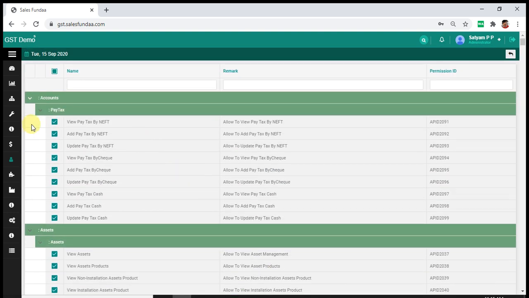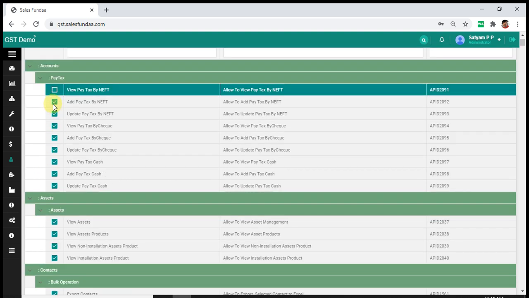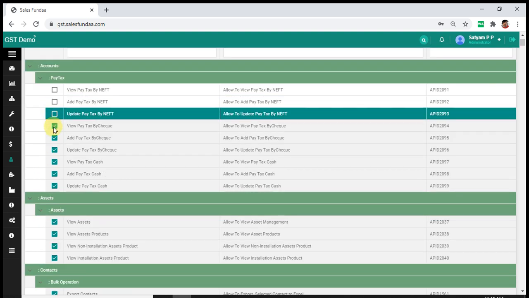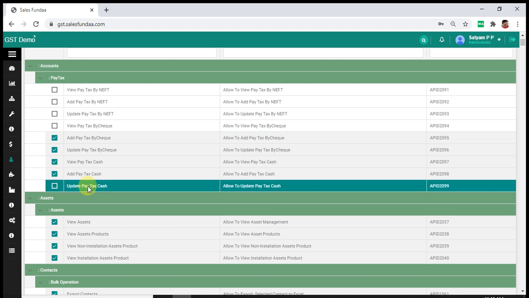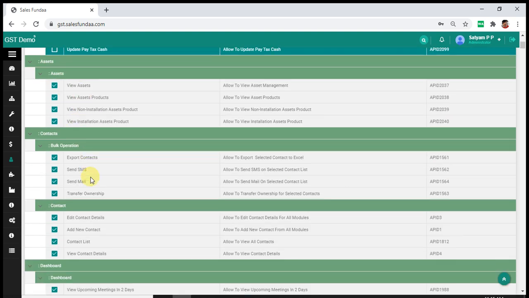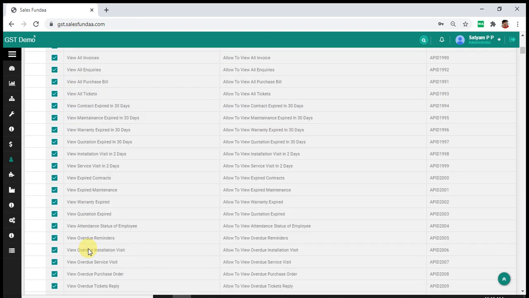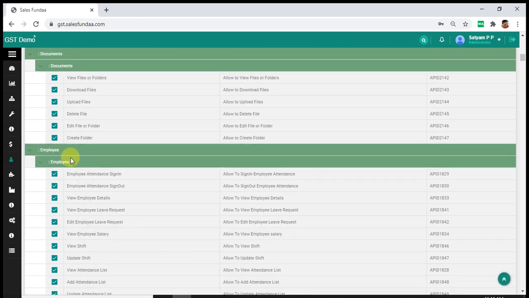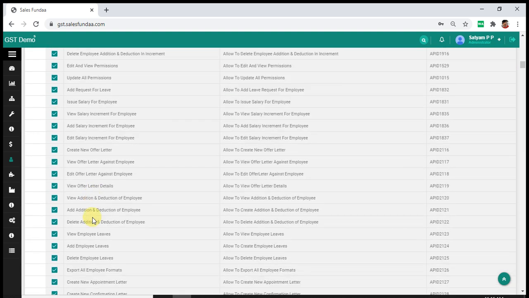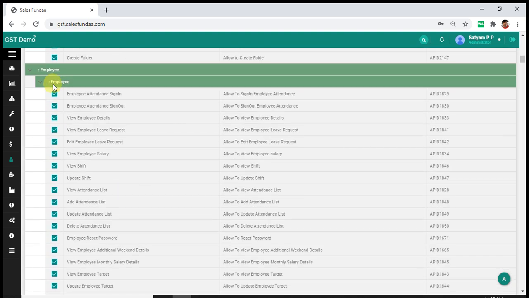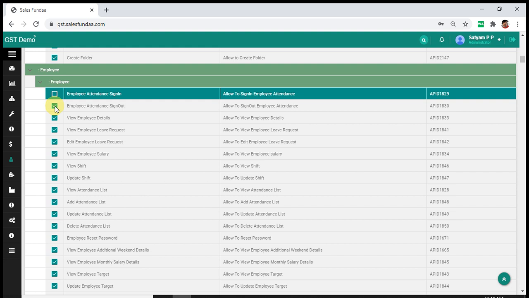If you want to give rights in accounts, you can select or deselect them from here. If you want to give rights in contacts, in dashboard, documents, employees, all you have to do is select and deselect from here.